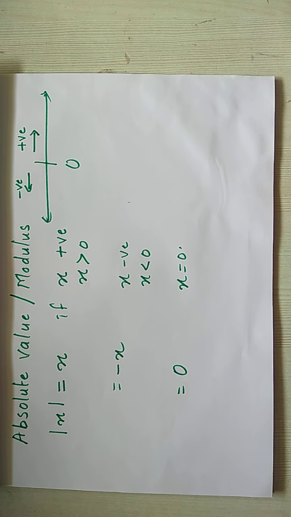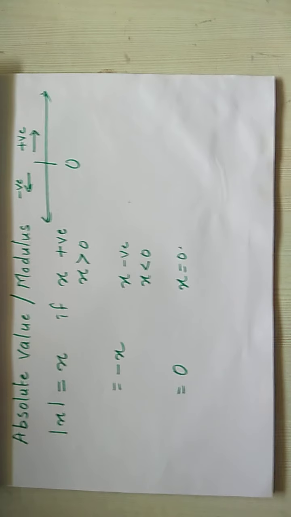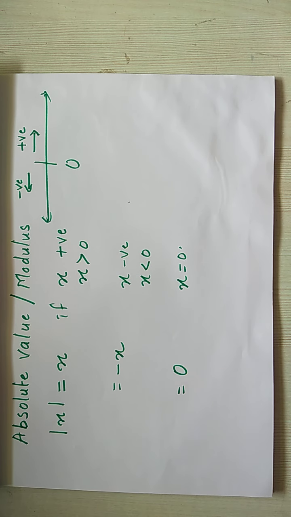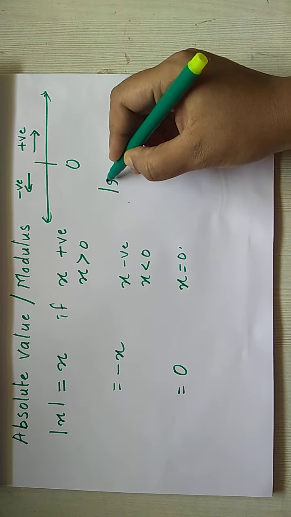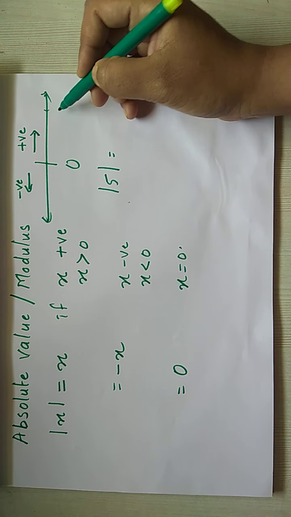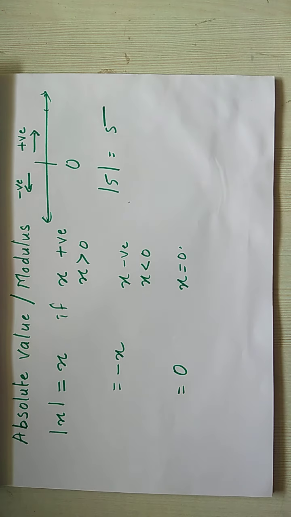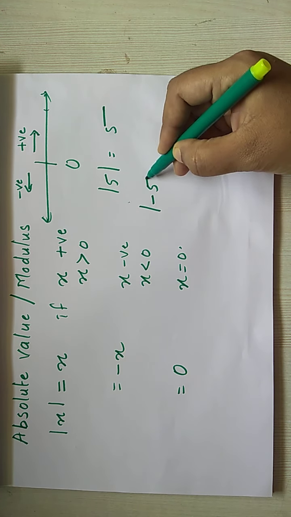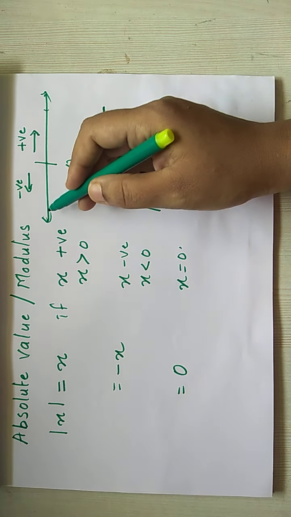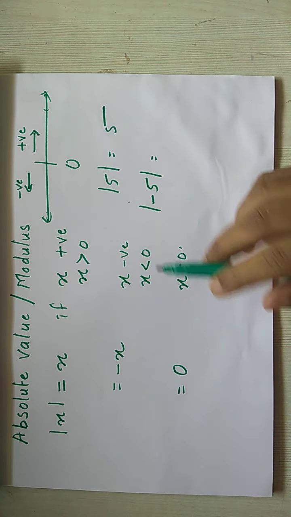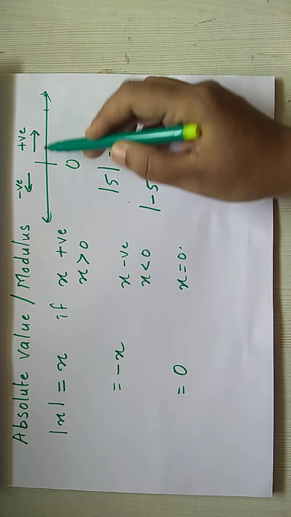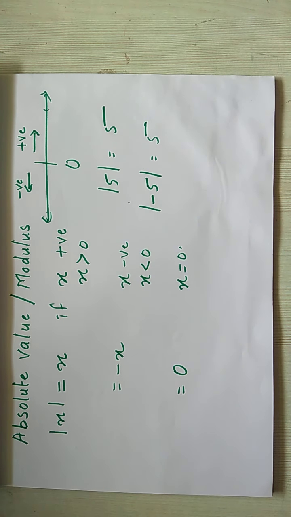Now the definition might not be that clear. With examples it will become much clearer for you. Geometrically, modulus means the distance from the origin. If I ask you what is modulus of 5, that means the point 5 over here. The distance from the origin is 5 units. If I ask you what is modulus of minus 5, minus 5 will be here somewhere. Distance from the origin. Distance is never negative. Distance from the origin will be how much? 5 units. Not minus 5.